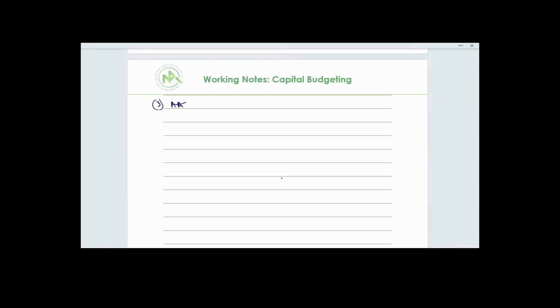Average annual profits is calculated as total profits divided by useful life of the projects. Now, the total profit in this question will be very straightforward. This is for project A. However, in a situation whereby cash flow is given to you in the question and you want to calculate the average annual profit,